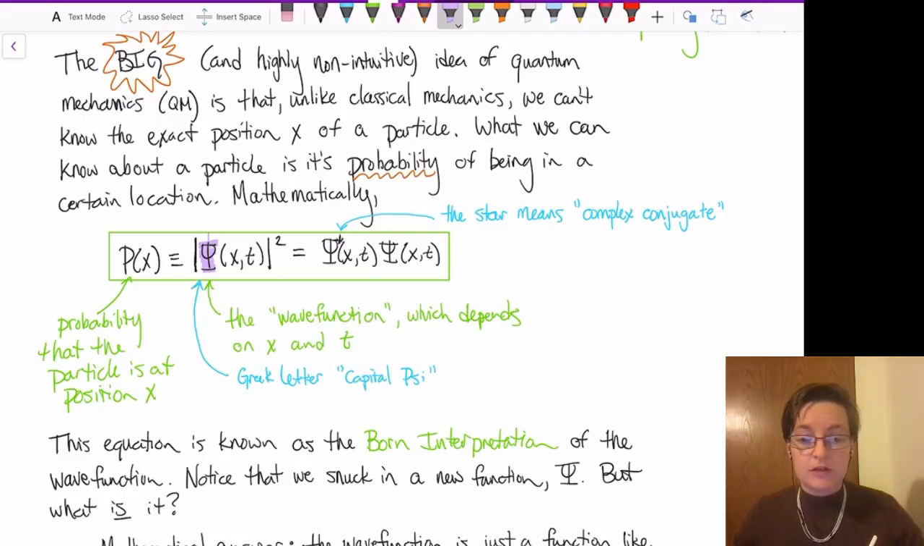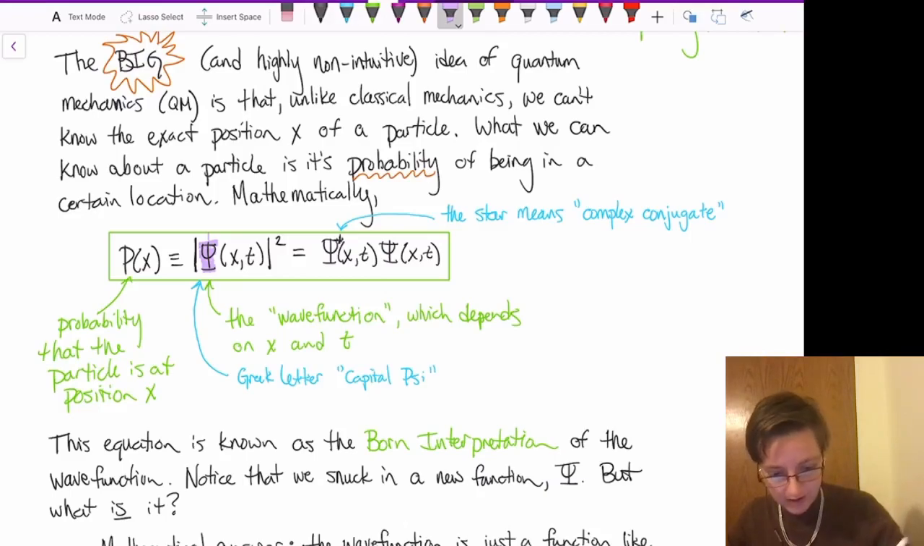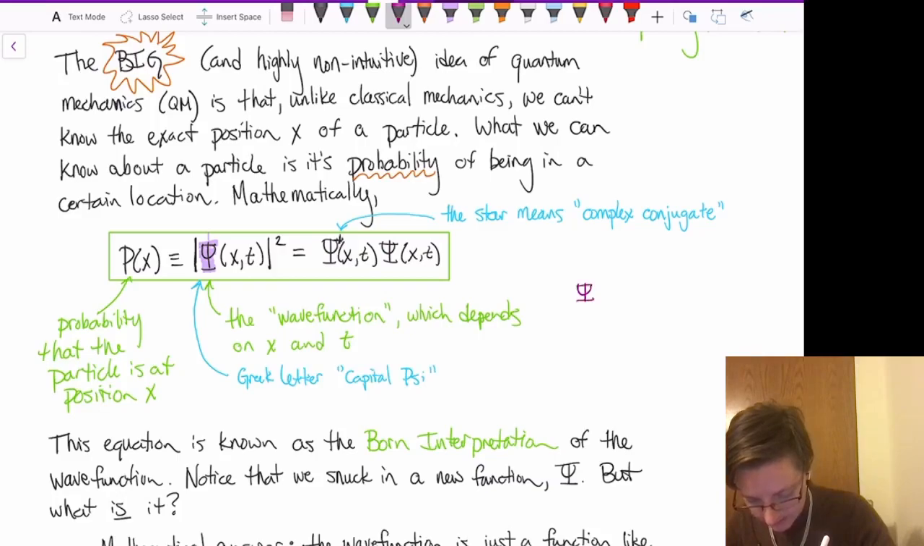Frequently, the wave function is a complex function, and so it would be more appropriate for me to say that the probability is psi star, where the star means the complex conjugate of a function, times the wave function, the original wave function itself. And as a concrete example, if for some reason my wave function happened to be